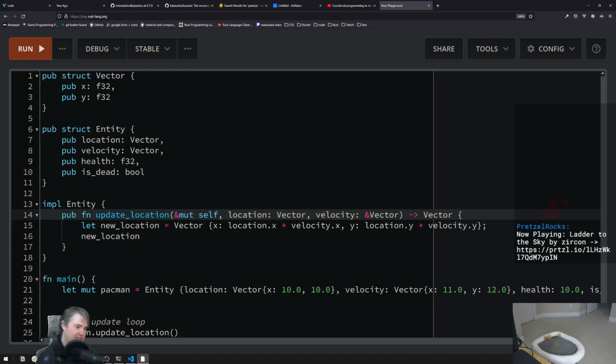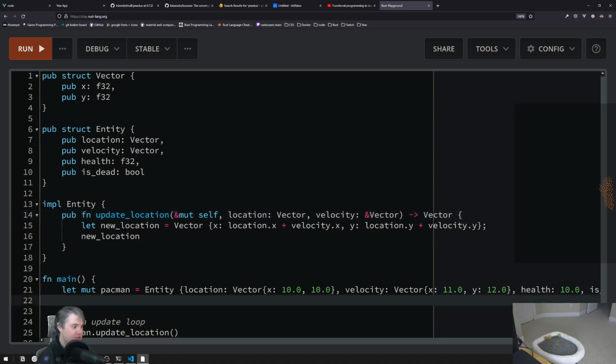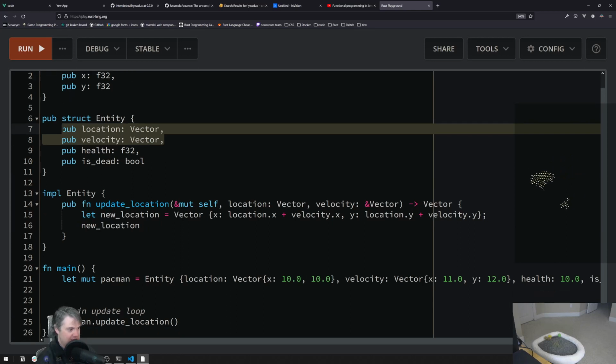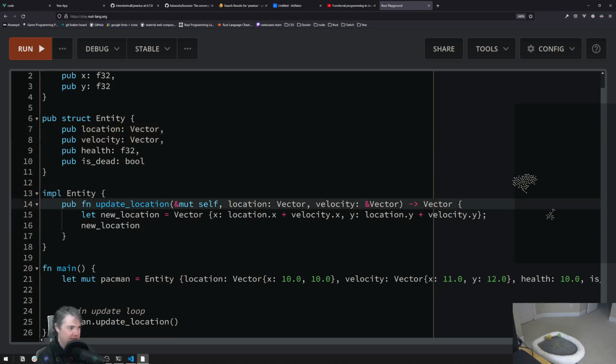And I don't necessarily need to pass in a reference to itself. So in order to solve this problem in Rust, I either need to pull these out of the entity itself, or I need to have this not even be a, probably do something like,